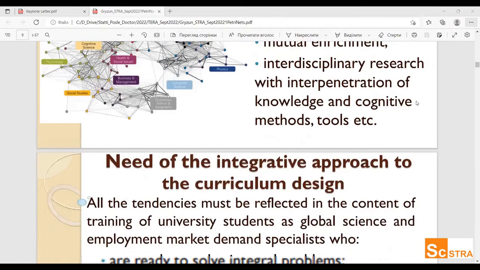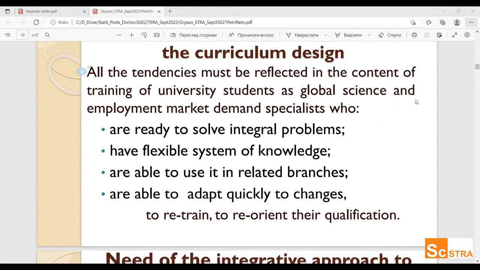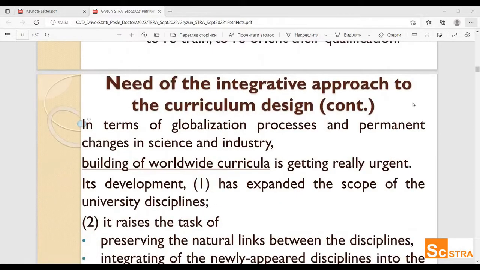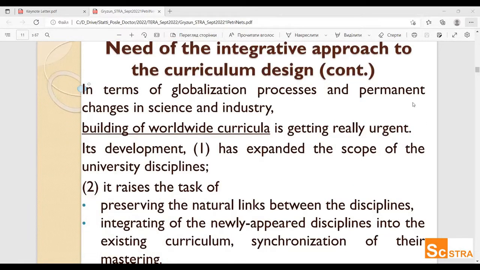So all these tendencies must be reflected in the content of training of university students, because global science and the employment market demand specialists who are ready to solve integral problems, not a specific one, have a flexible system of knowledge, are able to use knowledge in a related branch, and are able to adapt quickly to changes, to retrain, to reorient their qualification, etc. In terms of the globalization process and permanent changes in science and industry, building of worldwide curricula